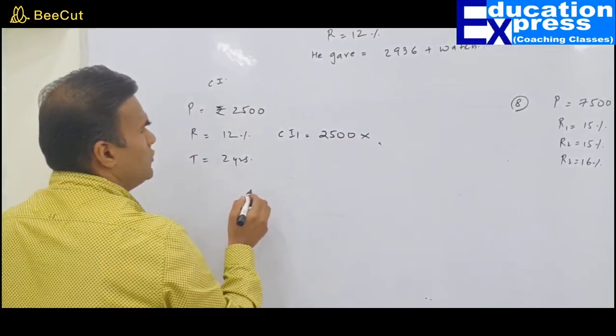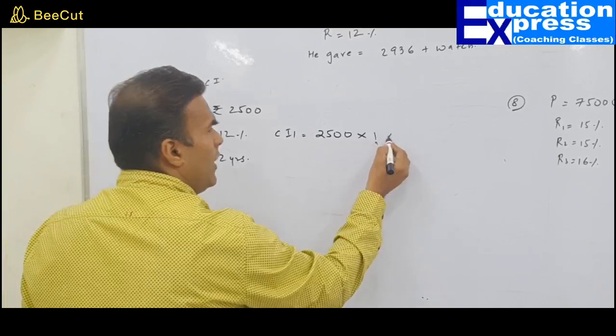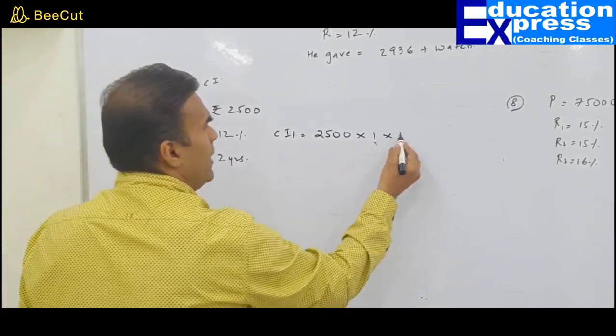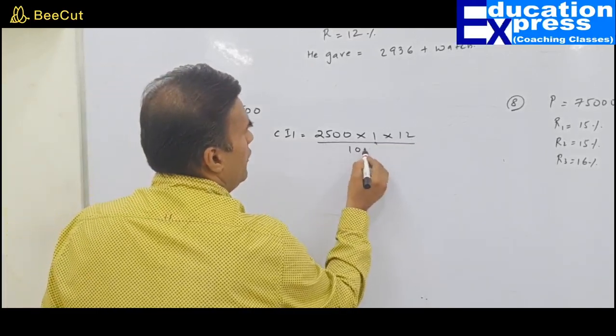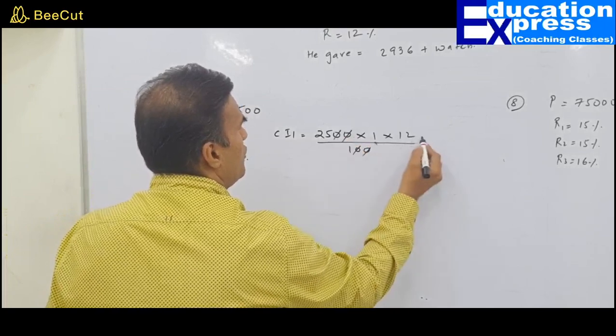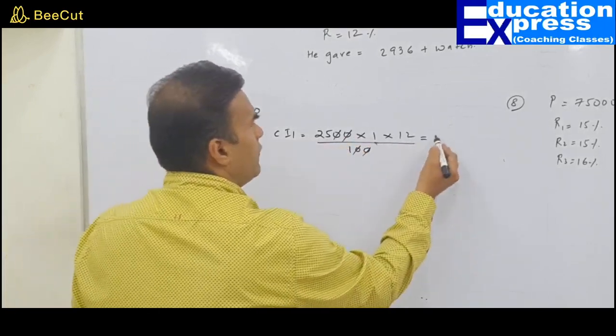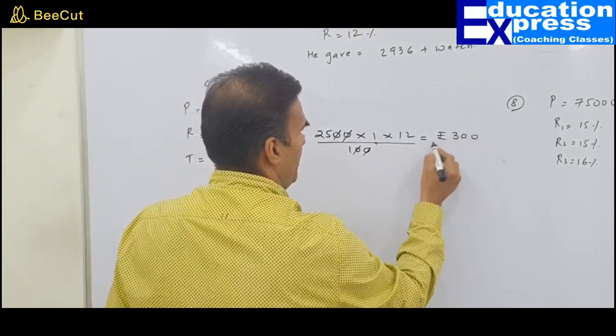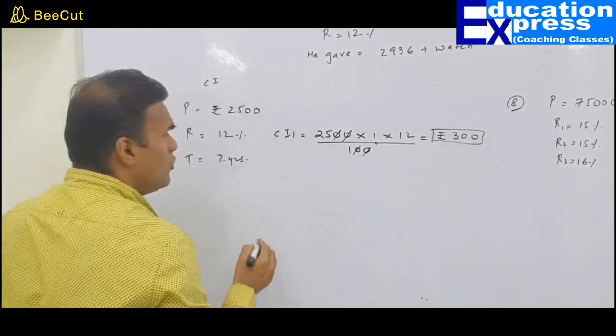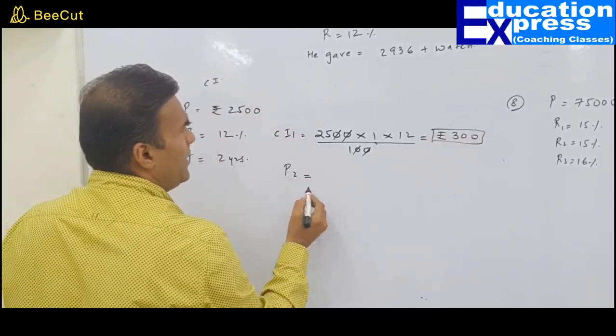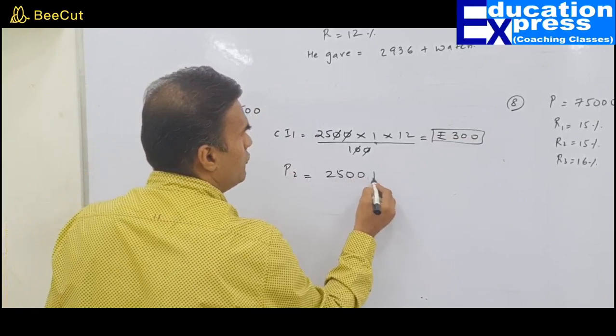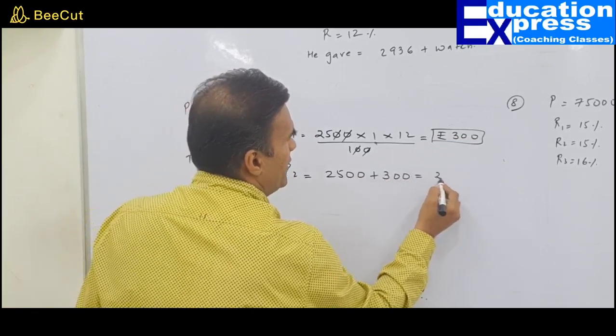2,500, for the first year, what is the rate? 12%. So 12 upon 100 times 2,500 gives rupees 300. So my P2 would be 2,500 plus 300, that is